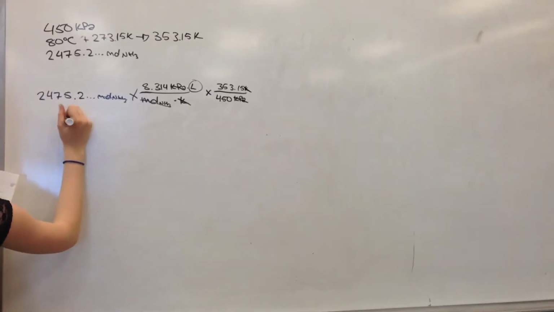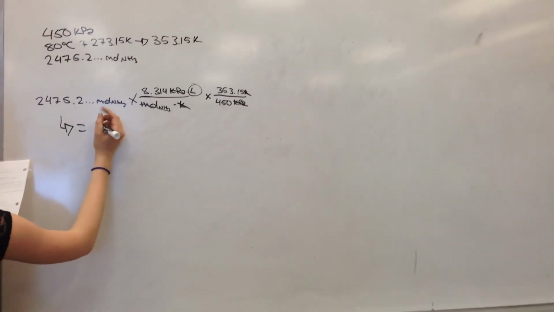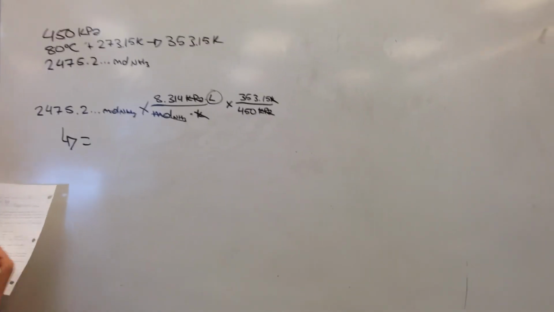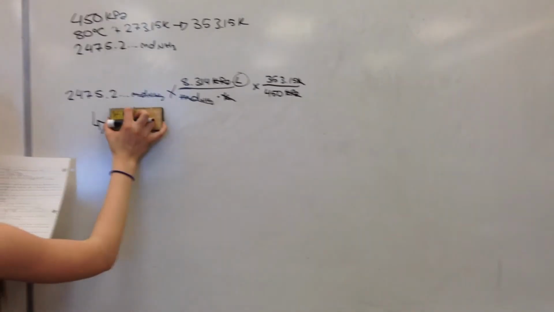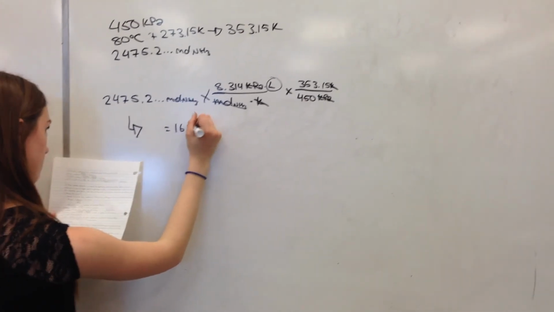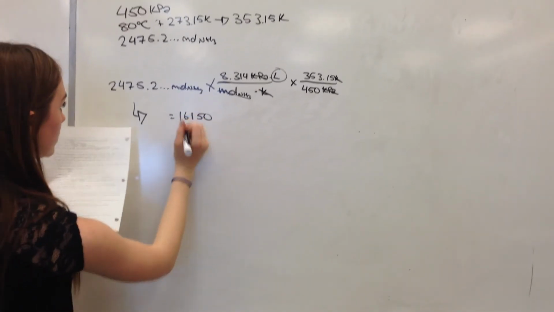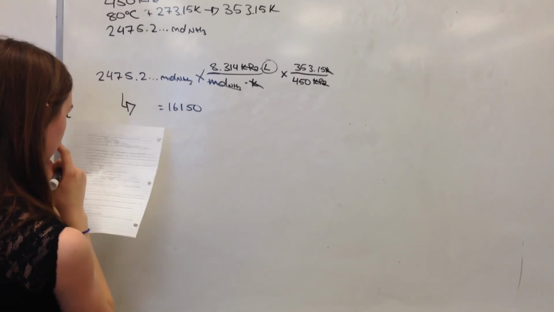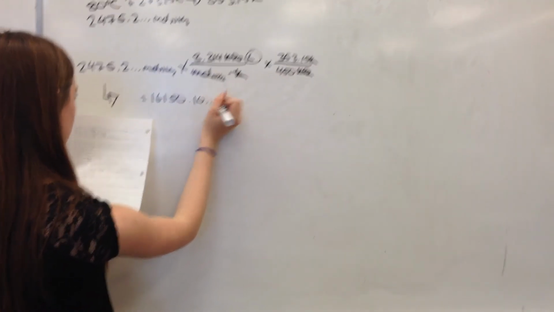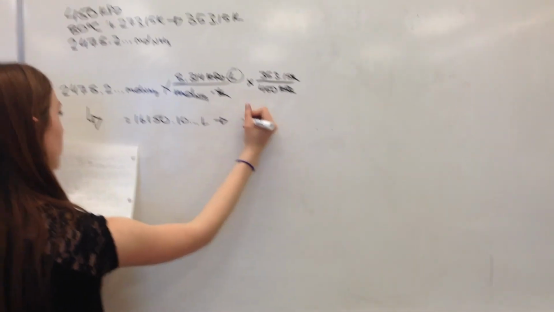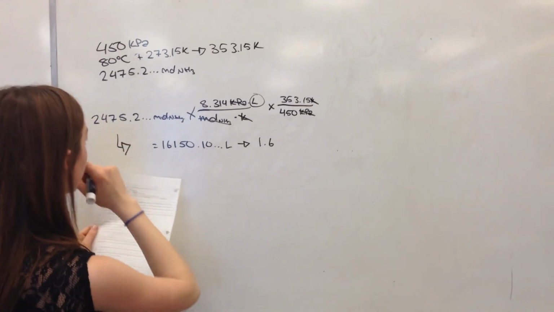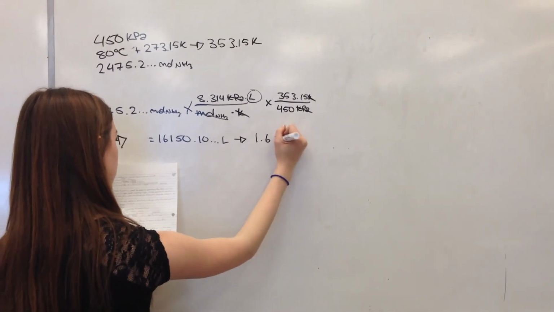So then we end up with the number of liters, which, including all sig digs, actually the answer is 16,150.10 liters. All sig digs, which is 2 degrees, 1.6 times 10